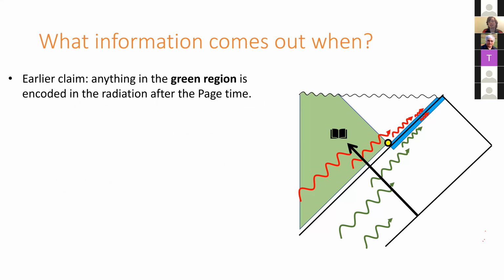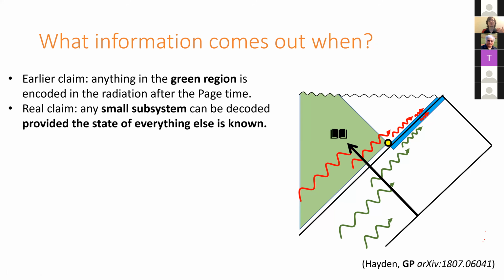I earlier claimed that anything that's in this green region is encoded in the radiation after the Page time. That was technically a lie. The true claim is that any small subsystem that was thrown in is decoded in the radiation, provided you know the state of everything else that fell into the black hole. I.e., you can find an operator on here that does whatever you want or measures whatever you want about this operator, but it will only work provided the state of everything else that fell in is fixed. And the operator that you have to use depends on the state of everything else that fell